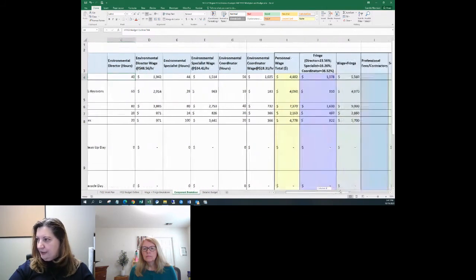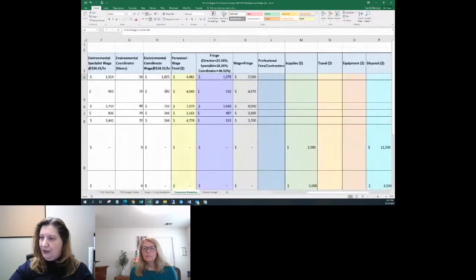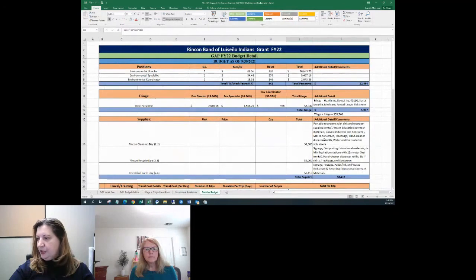Again, this is kind of the personnel end of things. And you've got your fringe, and then you've got your wage plus fringe. And if you have other components like supplies and contractors, we come out to the detailed budget. And again, these numbers are taken from this budget outline and automatically placed in here. And this is what we hand in with our